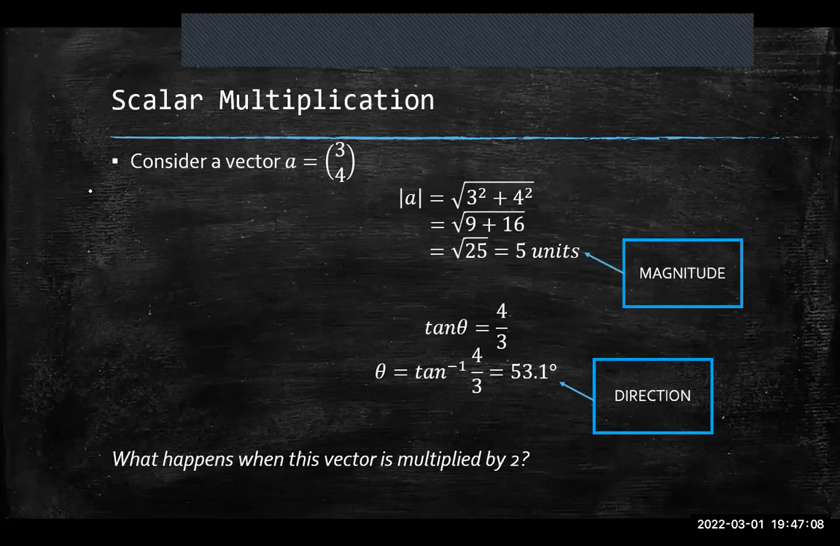When I say scalar, I just mean a constant value, right? You see what I'm talking about. So consider a vector A, and they told me that the column vector for this vector is 3, 4. If I told you to find the magnitude of this vector, aka the length or modulus or size,